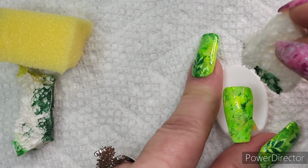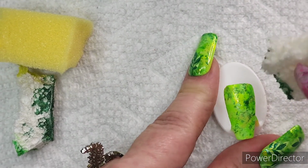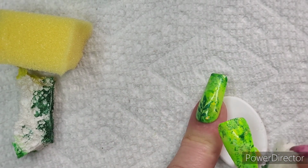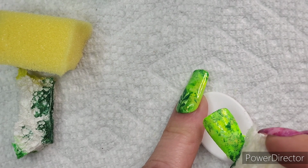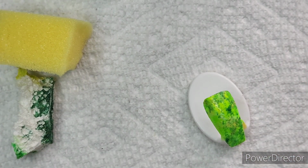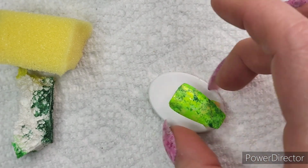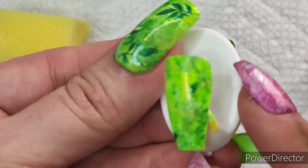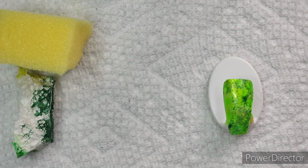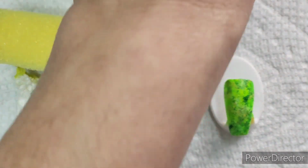And then I do sometimes make some shapes or areas of interest with these sponges. So here's the next step. It's starting to come together, right? And then on the last one,